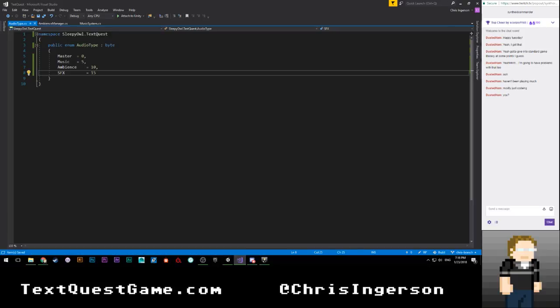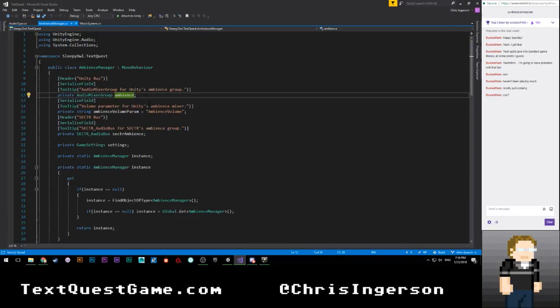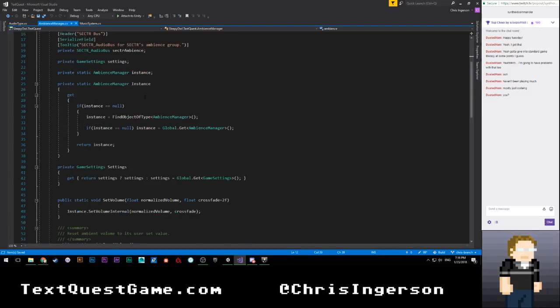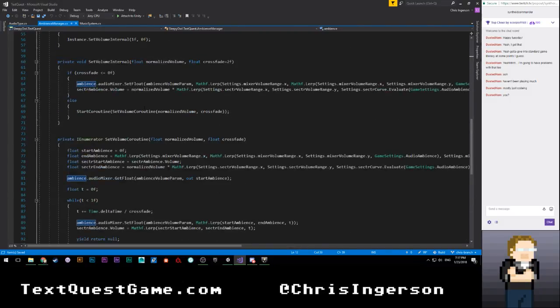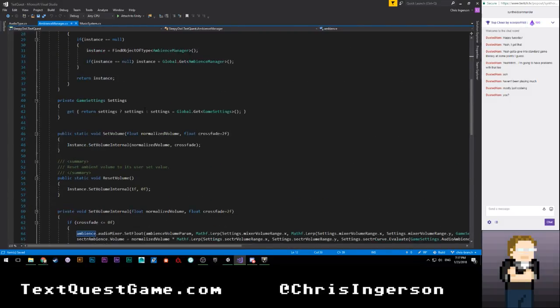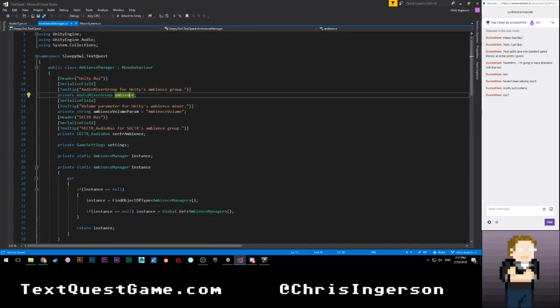All right, so with that, we're going to go ahead and go over here to the Ambience Manager. Now, here is where things are going to get kind of messy. Our actual current script is fairly basic, which is good. We don't actually want that to change. But we are going to need to make some alterations. Instead of having an audio mixer group, we're probably just going to have an audio mixer, because you can't really do anything with the mixer group anyway. So we'll rename this to audio mixer for Unity's